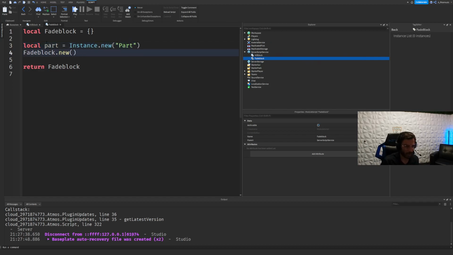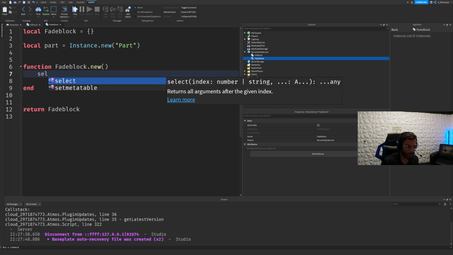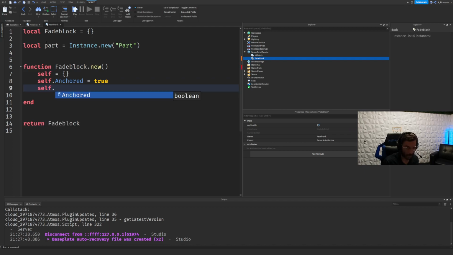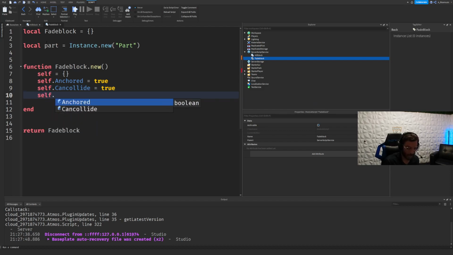Okay, we're gonna do fade block.new. We're gonna go ahead and call this a function. function fade block.new end. Okay, all right. So I'm gonna go ahead and just make sure that this fade block is anchored. So self is equal to this, and then we'll go ahead and do self dot anchored is true, and then self dot can collide is true, and then we'll go ahead and do self dot touched colon connect a function,